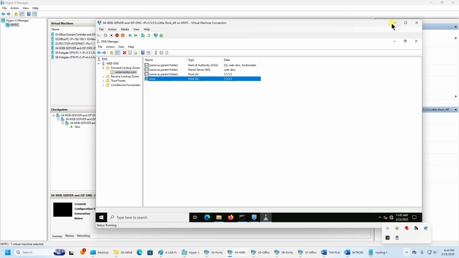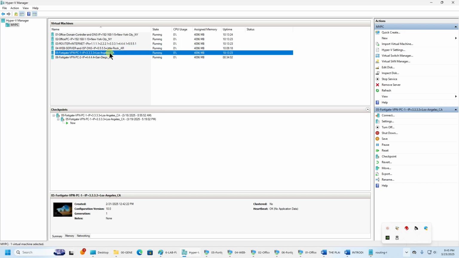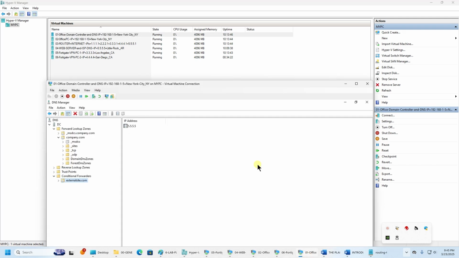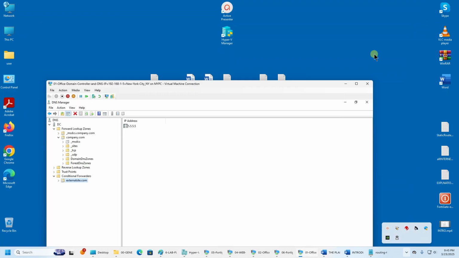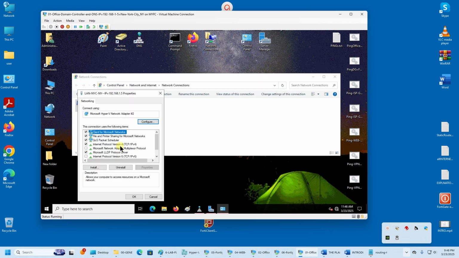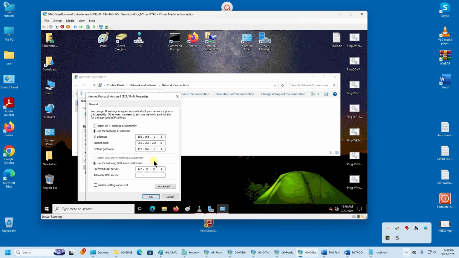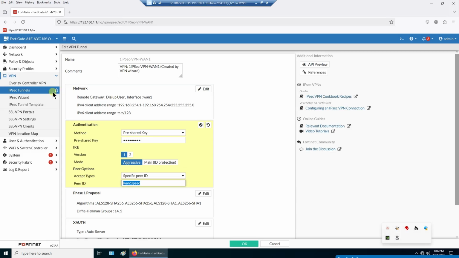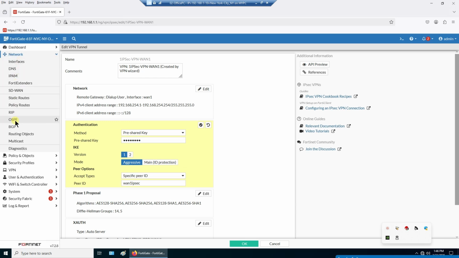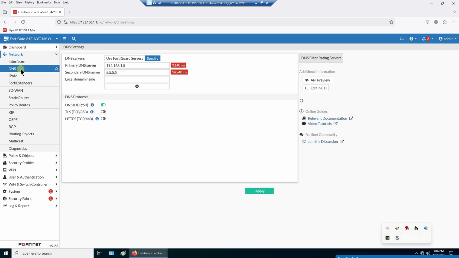So for our working process we have to be able to resolve all internal DNS names of our headquarter main office local area network and external. For this reason we use address of local DNS. This is IP address of our domain controller and our office DNS, and in some configurations of FortiGate we use here